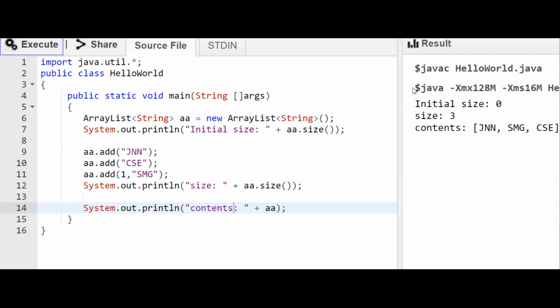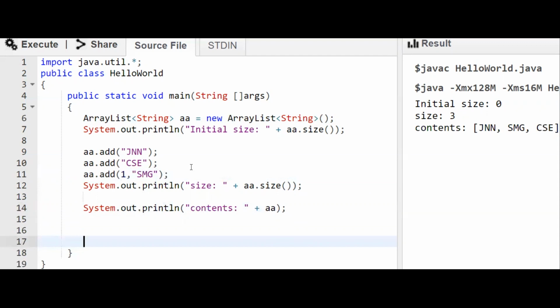You can observe the contents within the square brackets: JNN, SMG, CSC. You can observe the order in which we added, but SMG is at index position 1. Index starts with 0, so at the first index position, SMG is present.